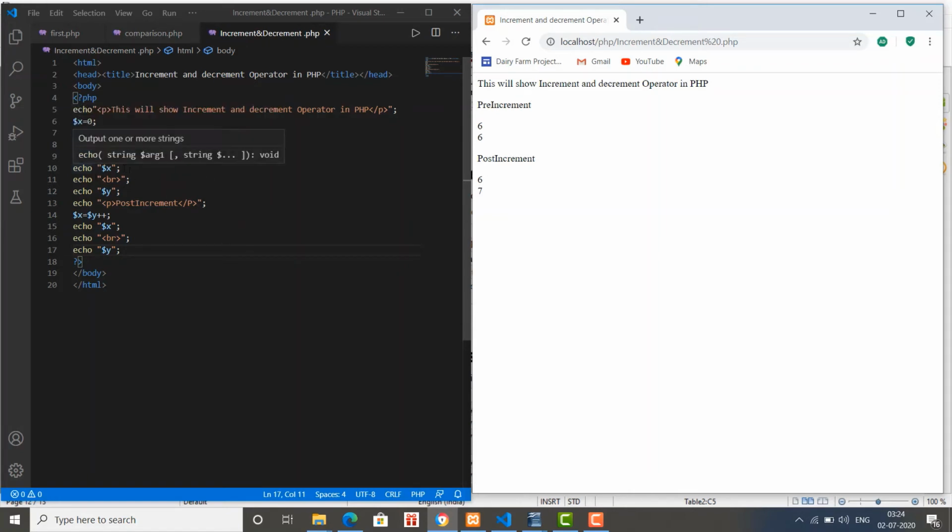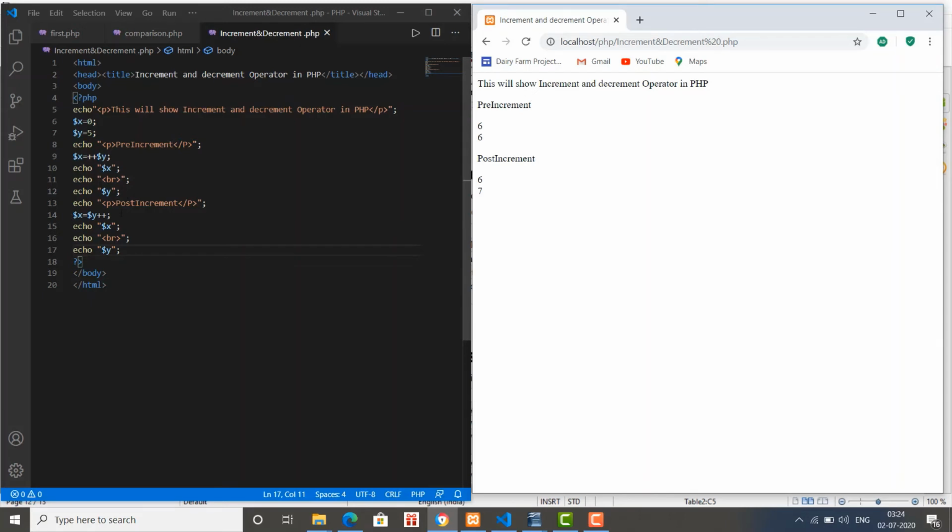In the case of pre-increment, it incremented the value of y by 1, so y became 6, and then it assigned the value of y to x. So both x and y became 6.